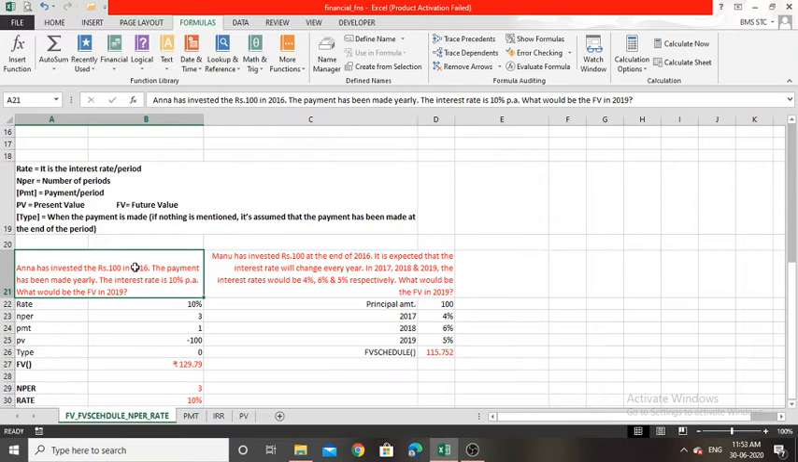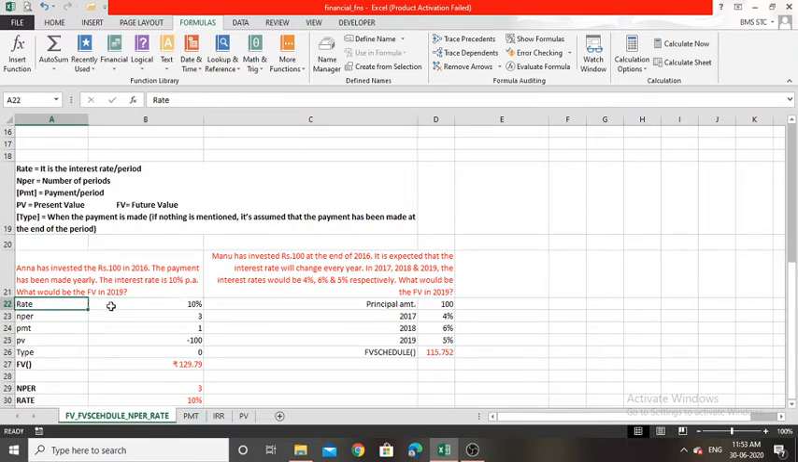The rate itself is 10% and it is already given in percentage, so there's no need to change the format of the rate. So what would be the future value? We want to find out the future value. So I just put all the given data under these cells. Rate as 10%,